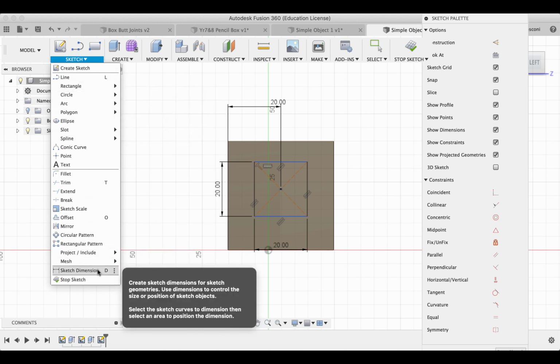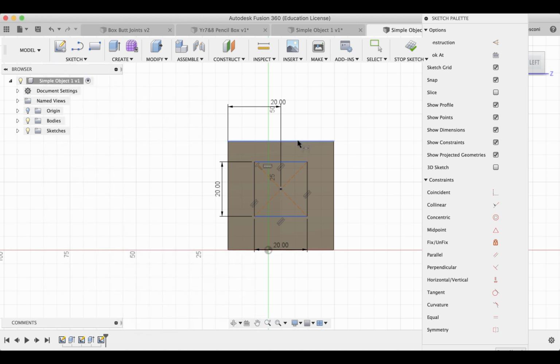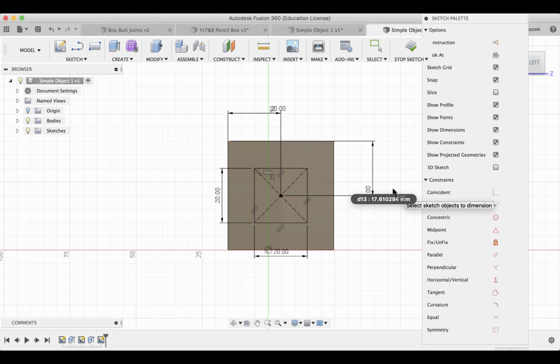So I was going to say shortcut for D, but D, edge, center, I want that to be 20 as well, and that should push it into the middle of that face. All right,